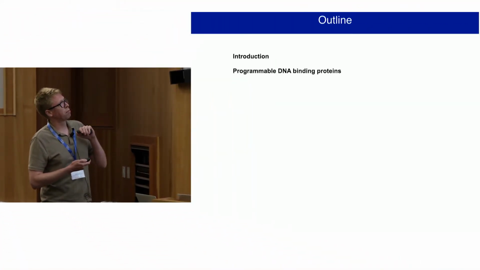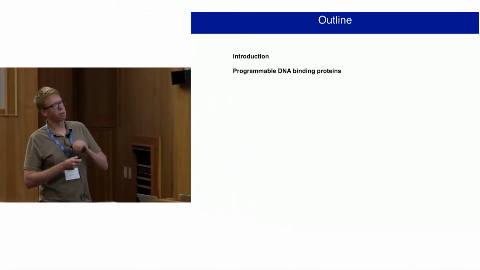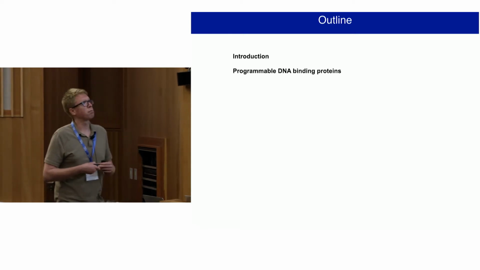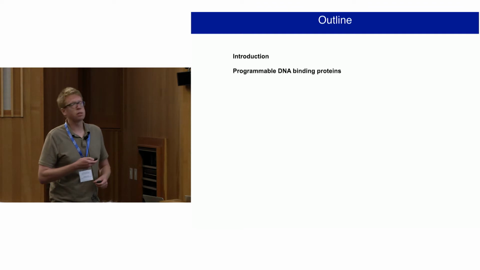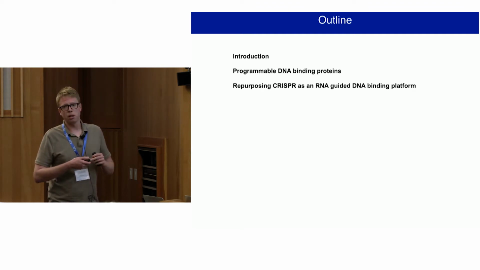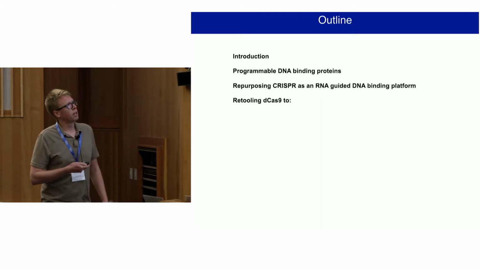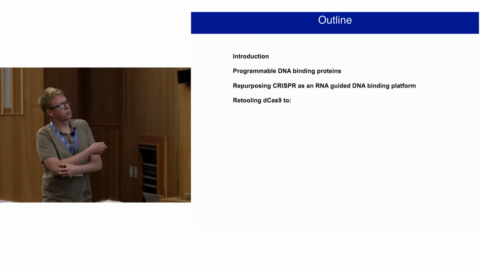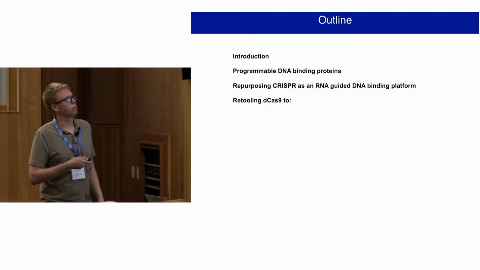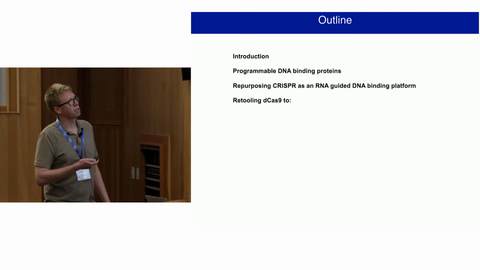We're going to talk briefly about an introduction. I'm going to tell you about, sort of similar to what Dana did, previous work that had been done on programmable DNA binding proteins from sort of the late 80s on. I'll tell you why there was a need for something like a repurposed CRISPR system. And then I'll go into, in the second, tomorrow predominantly, the uses that we've used this repurposed CRISPR dCas9 system for